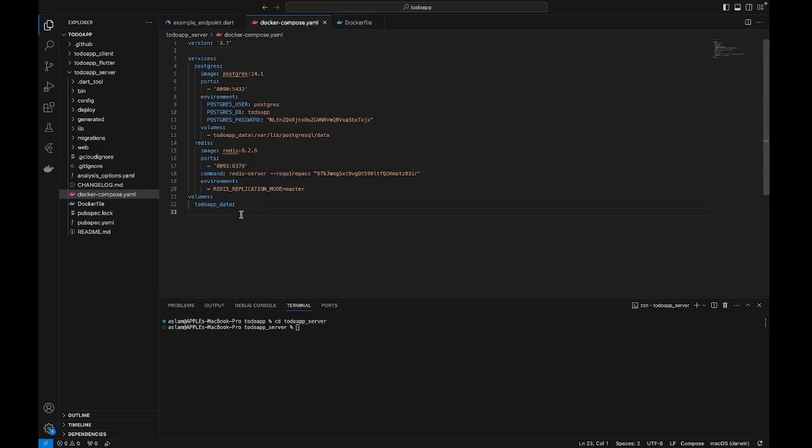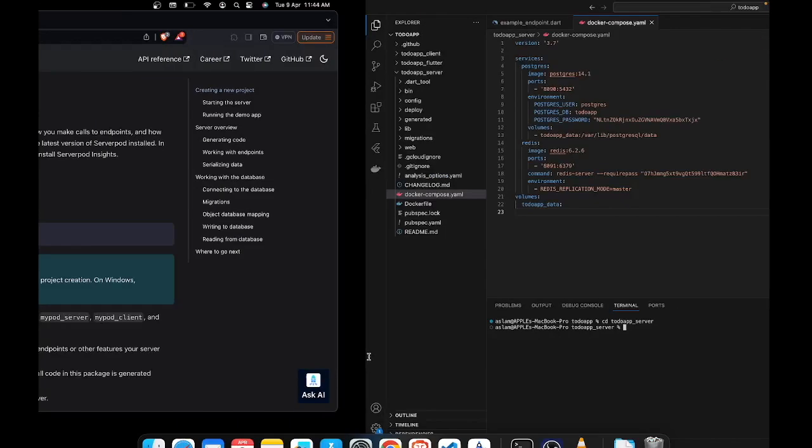Then if you are not comfortable with Docker, I will show you another way to get our database up and running without Docker. Don't worry. So first, let's start with Docker. In order to start this, first we have to